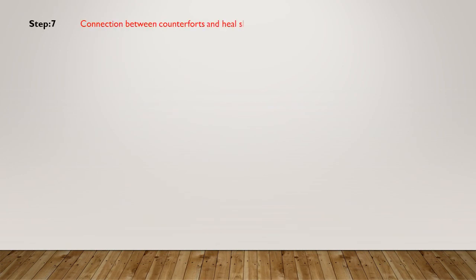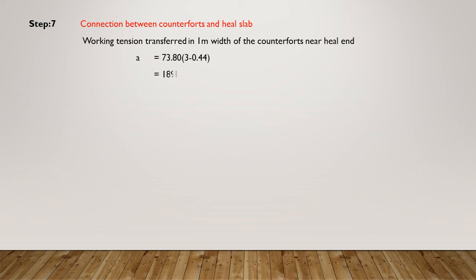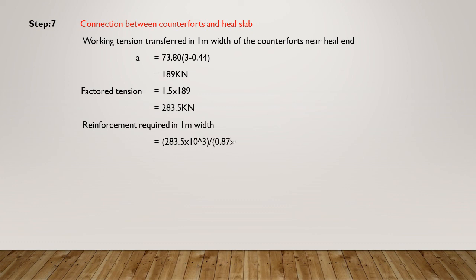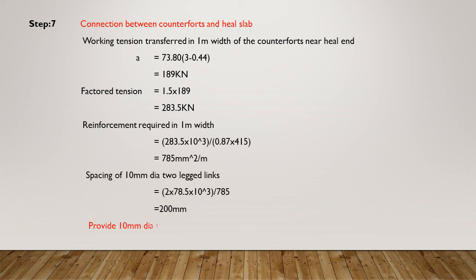So step number 7, connection between the counterfort and the heel slab. The working load transferred per 1 meter width of counterfort near the heel slab end: A is equal to 73.80 into (3 minus 0.45, the thickness of the slab). So we get A is equal to 189 kilonewton. Our factored tension is simple: 189 multiplied by the load factor. Our load factor is 1.5. So our answer is factored tension is equal to